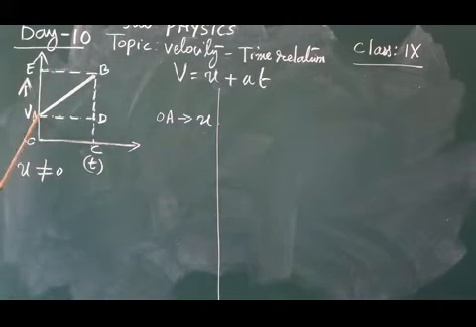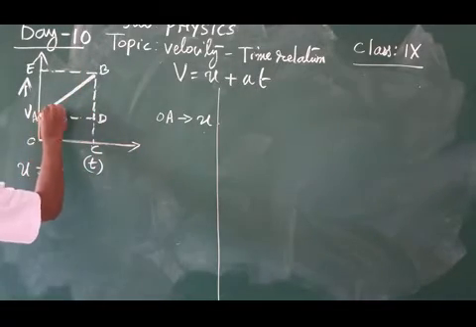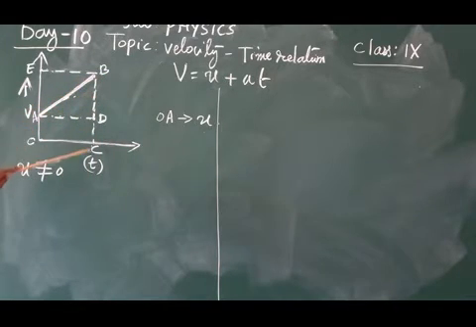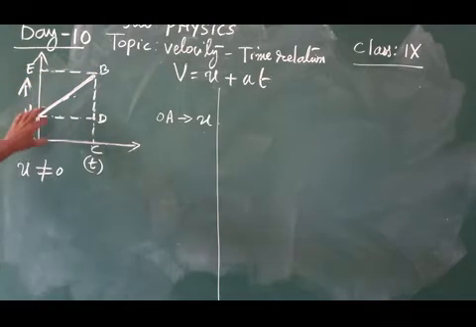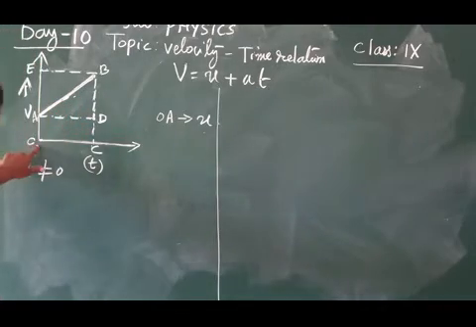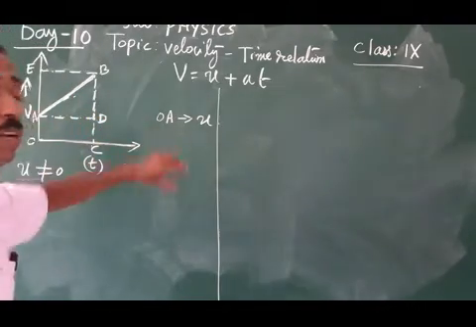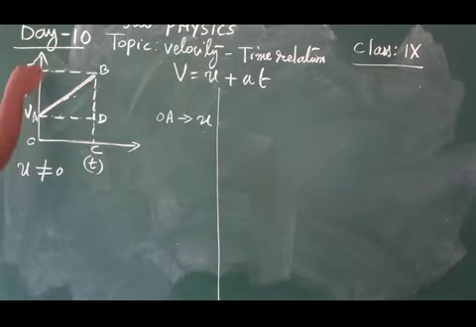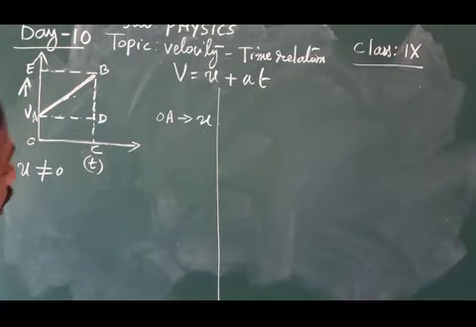So AB is the graph, and that is why we have drawn this figure, with perpendiculars to the x-axis and y-axis from B. OA is the initial velocity, because the graph is not starting from O. Similarly, BC represents the final velocity. BC and OE are equal. This is the velocity axis, and up to here we can take the final velocity OE.